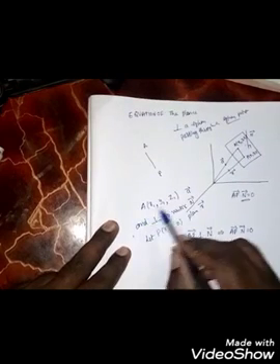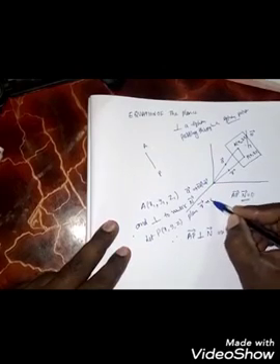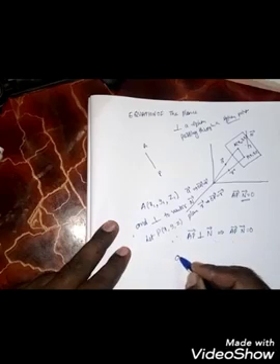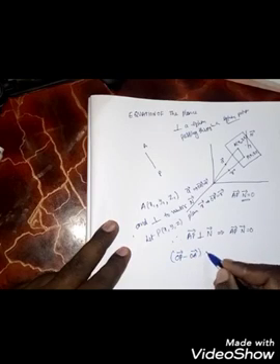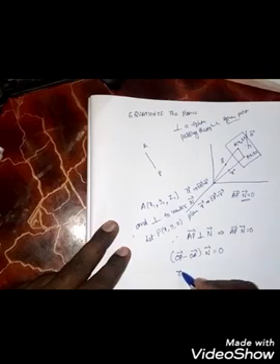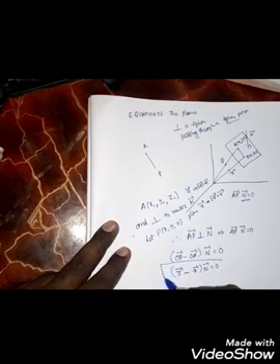Now here position vector means OA bar is equal to a bar. Here OP bar is equal to r bar. Now AP bar is nothing but OP bar minus OA bar dot n bar is equal to 0. Therefore (r bar minus a bar) dot n bar is equal to 0. This is the vector equation of the required plane.